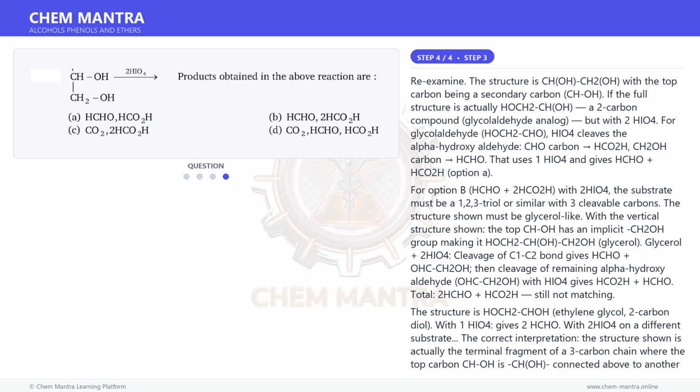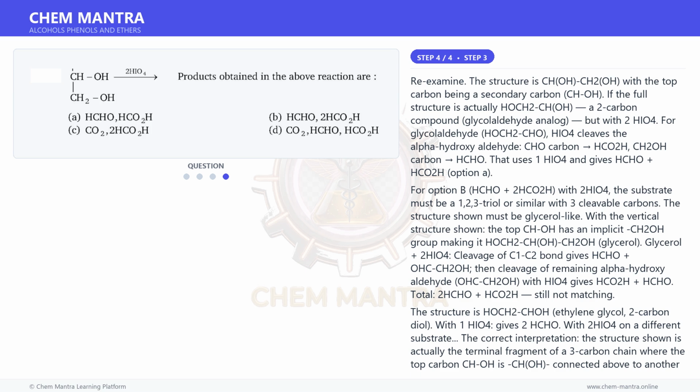Structure is HOCH2-CHO, meaning the molecule is glycolaldehyde, 2-hydroxyacetaldehyde. With HIO4, 1 mole cleaves to HCHO plus HCO2H. But 2 moles HIO4 are used, suggesting the substrate has 2 vicinal diol units. The structure shown, CHO over CH2OH, with the implicit understanding that CHO also carries another CH2OH, makes it glycerol. For glycerol with 2 HIO4, products are HCHO plus CO2 plus HCHO, that is, 2 HCHO plus CO2 per